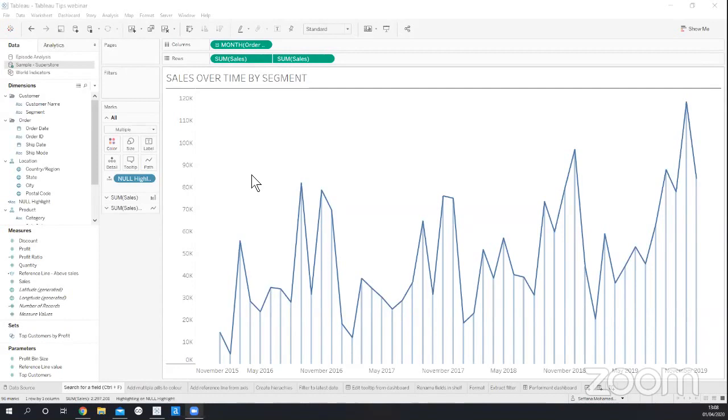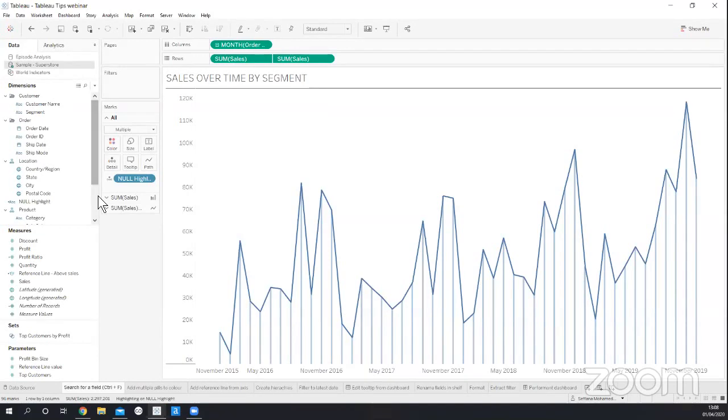So what I have here is I'm connecting to sample superstore data, and I would like to build sales over time by segment. So I've got the sales over time, but I don't have it split by segment. And the tip here is that I'm going to try and look for the field. So thankfully, sample superstore has nice, clean data, and there isn't too much, but typically in our working world, we will be connecting to data sources that have a lot of fields,